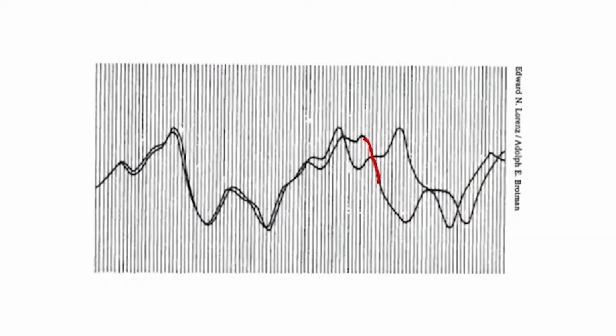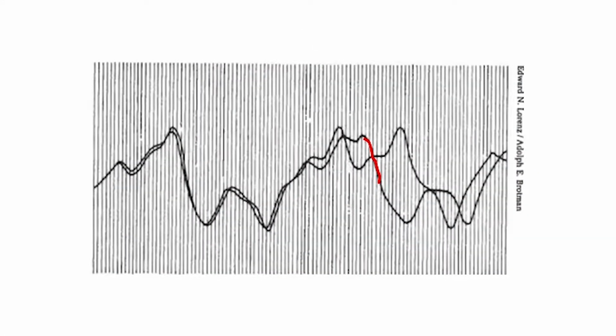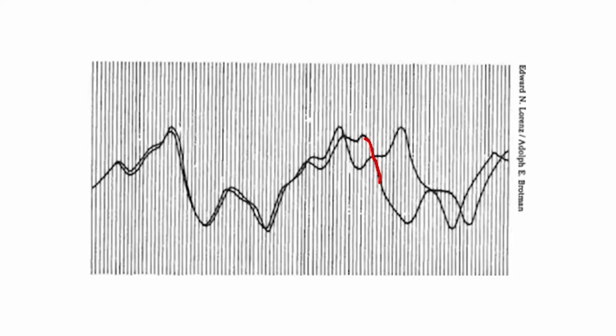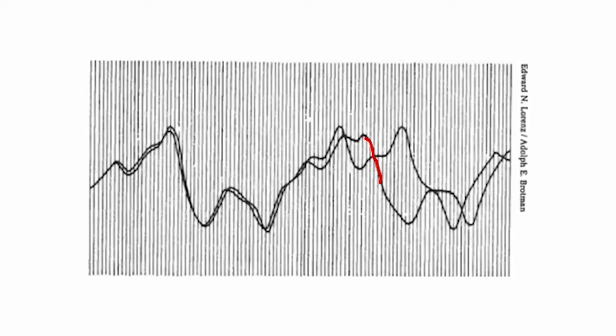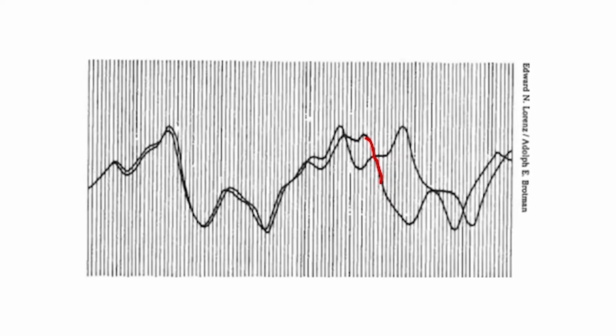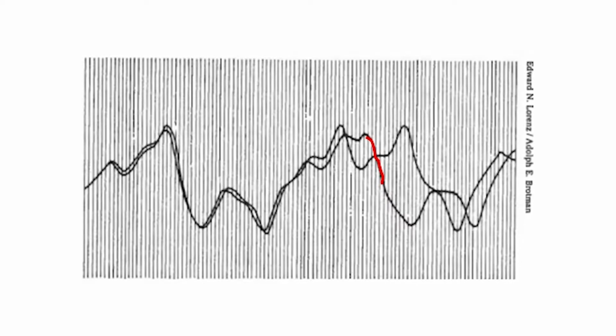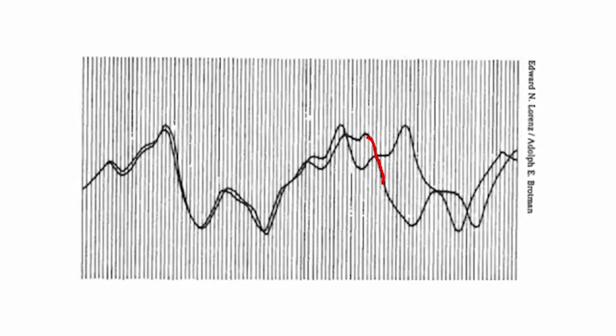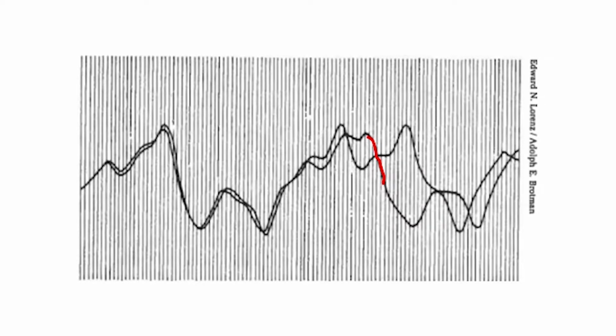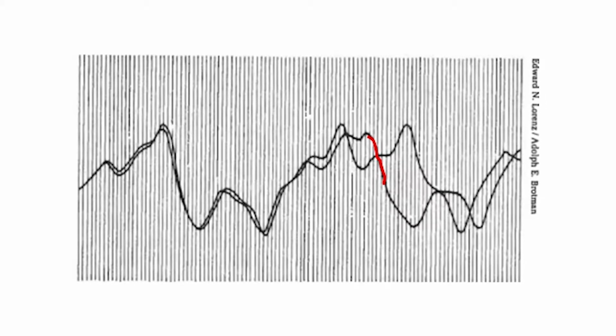But to his amazement, even before it got to the end of the simulation he'd already run, it diverged dramatically. And his first thought was, my computer's busted or something. These are simple linear equations. This shouldn't be happening. And then he thought, hang on. The computer was actually calculating to 6 decimal places, but it only did printouts to 3, so I fed in 3, not 6 decimal places. And in a way that explains the divergence, but in a way it doesn't, because I fed in the 3